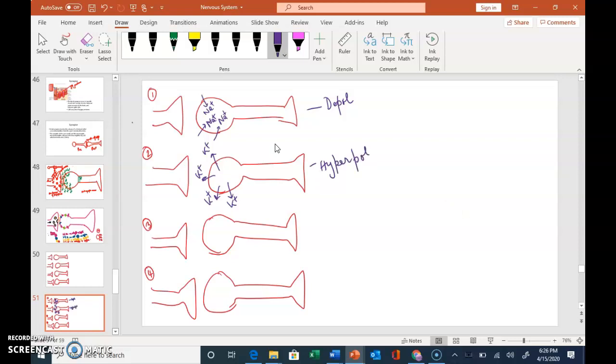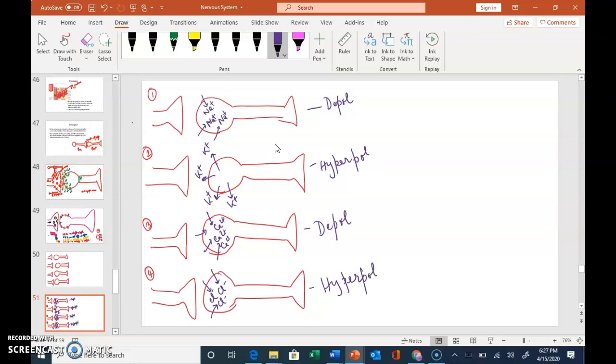Okay. Let's say we have calcium coming in. What type of charge? Positive. So if calcium comes in, will the postsynaptic neuron be depolarized or hyperpolarized? Yes, positive charge entering, depolarized. If we have chloride ions coming in, what will happen to the postsynaptic neuron? Depolarized or hyperpolarized? Hyperpolarized.